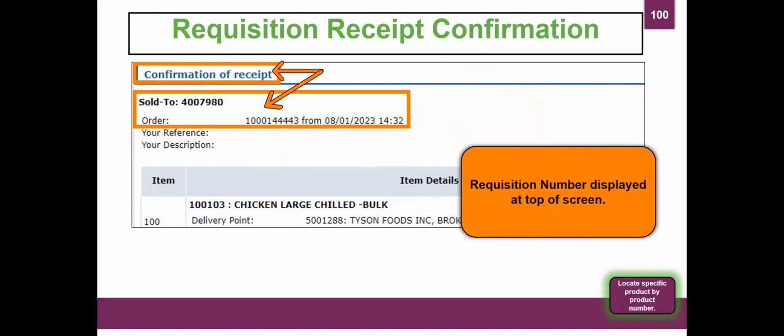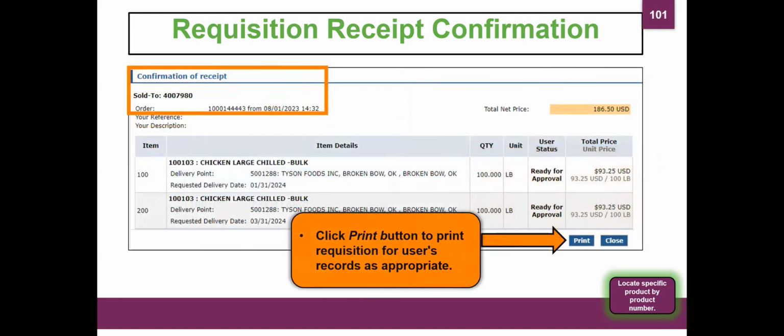So if that happens and you're like, oh my goodness, I made a mistake, what do I do? Well, then we have to get it canceled. TDA can cancel it and then you can re-enter a requisition, but it's been submitted at this point. So we've walked through that process. We have our confirmation. We can print. You're saving electronically, hard copy, however you manage your orders, because you will want to keep these. These are your requests. So this is replacing your surveys that you entered through TXU and PS for this current year. So for next year, you're going to put in your requests, and this is your information for what you're asking for.